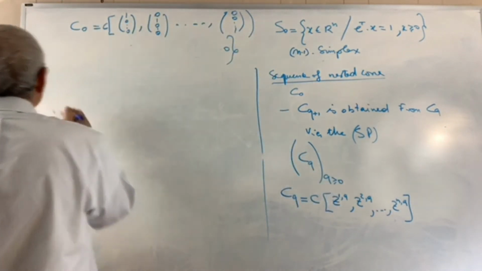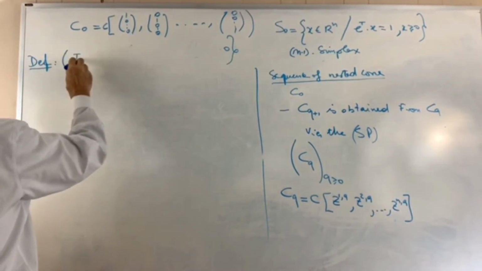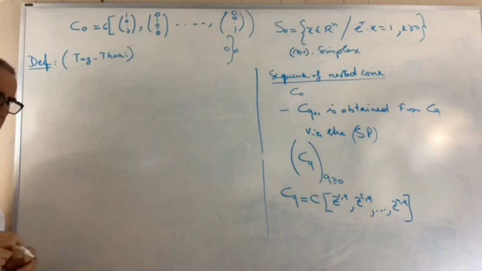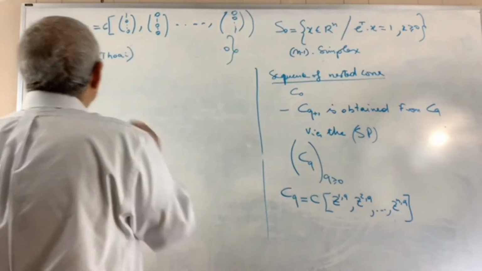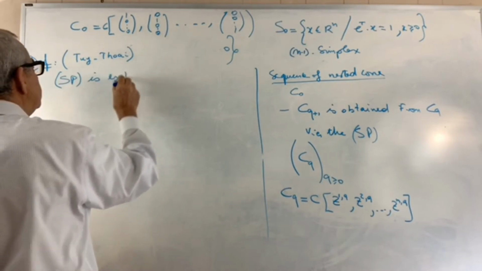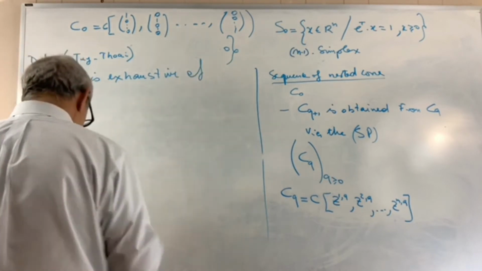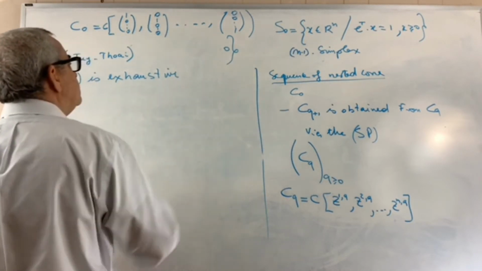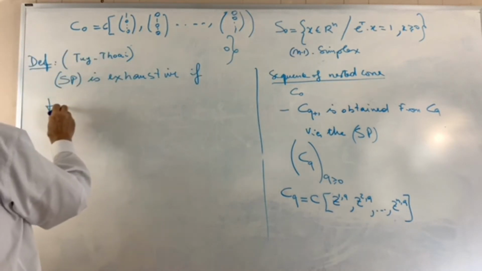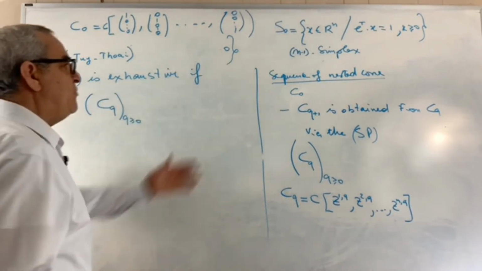So definition, and this is Tuy who introduced this in the research paper: we say a subdivision process is exhaustive if for every sequence CQ, as we define it here,